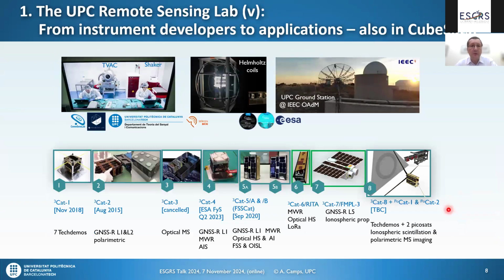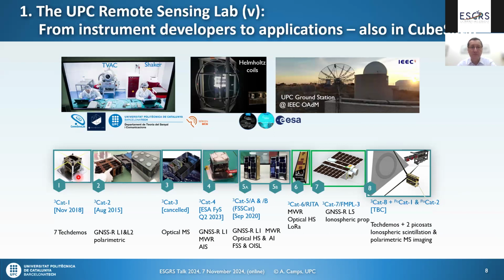And as I said, we also try our instruments. That is how I started the UPC NanoSat Lab, because we wanted to test some of these instruments in real spaceborne missions. So we have basically a very small lab where we have enough testing facilities to do all the vibration tests, thermal vacuum tests, attitude control tests for our CubeSats, and we have a ground station. Here you don't see, but there is another UHF VHF antenna here, and this is the S-band dish from where we control and download the data for the different missions in which we have been involved since we started